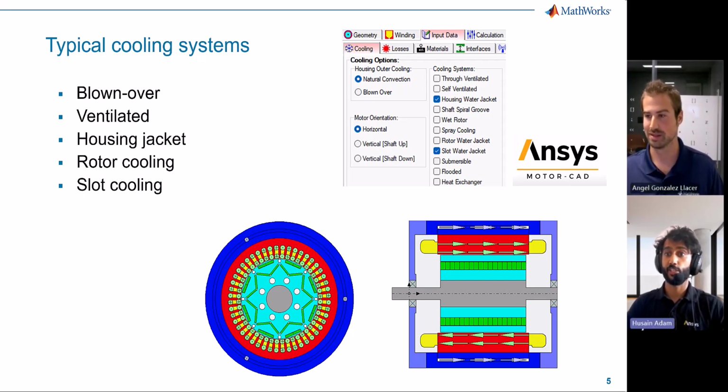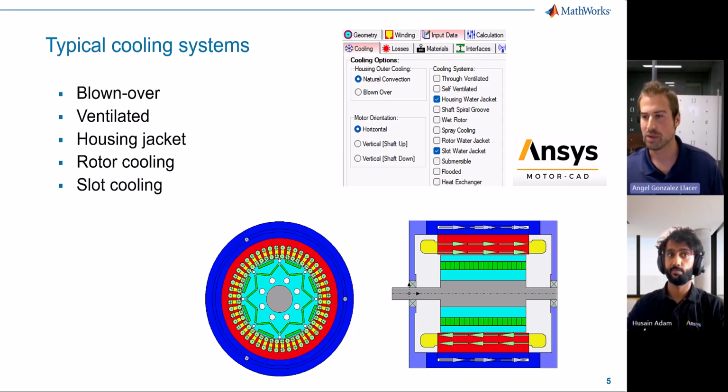Absolutely. And I guess one of the things I haven't discussed are constraints such as the volume of the machine or the weight of the machine. Those are all very important, as some of the cooling systems result in more compact machines, whereas say an air-cooled machine might have to be larger and have a larger housing to allow the same amount of cooling performance.